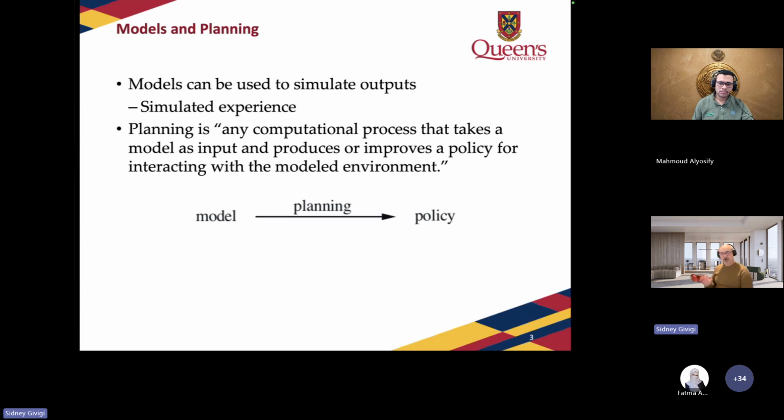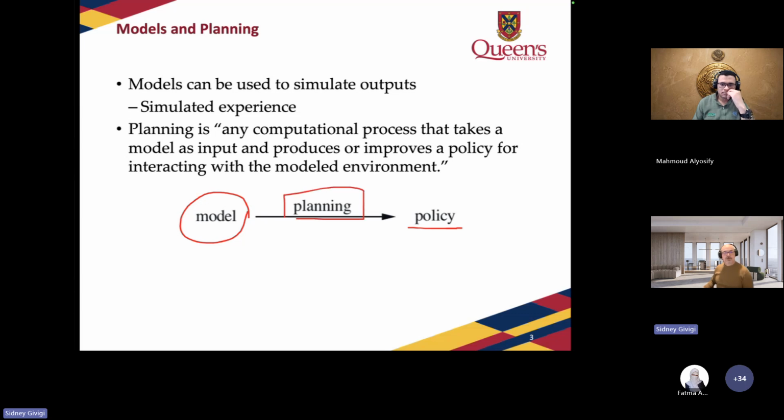Okay. So what do we want to do then? What we want to do is to create a model. So we're going to derive a model, and based on this model, we are going to create a different sampling strategy so that we can derive a better policy. So that's the idea here. From the model, we are going to create a sampling, and to this sampling, we give the name planning.